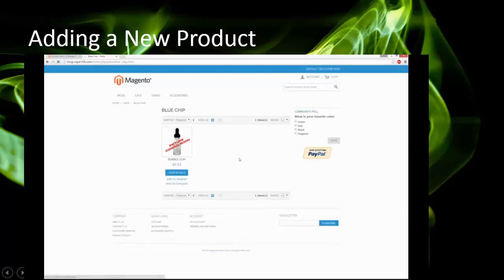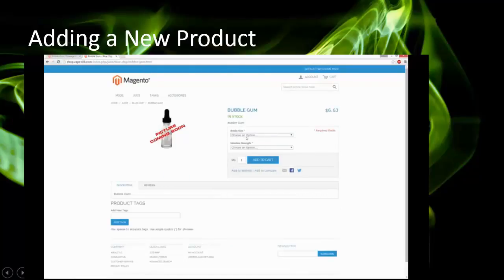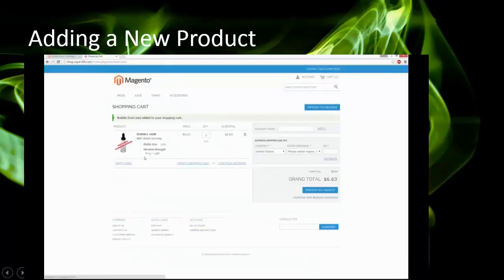So if we click on bubblegum, you'll see the bottle size set to 15 milligram, and the nicotine strength is 0 and 6. So all we would have to do is continue adding new products. We'll go ahead and select 15 milligram, and we'll say 6 milligram, and we'll add that to the cart. And as you can see here, the SKU is unique to the actual selection that we